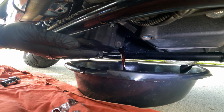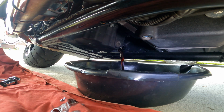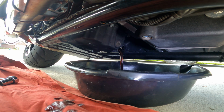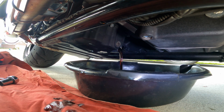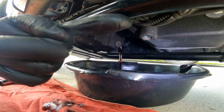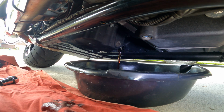But not terrible, I guess. It was definitely in need of a change. That's why I'm doing it. I bought the bike a few months ago now, and I was told that the 5,000 mile service was done. I got a video of the 5,000 mile service up here, over here, somewhere in the corner, the link to that video. And I'm pretty 100% sure that they didn't do it, even though they said they did it. I think this just goes to show they didn't do it. I'm gonna go ahead and let that drain out,